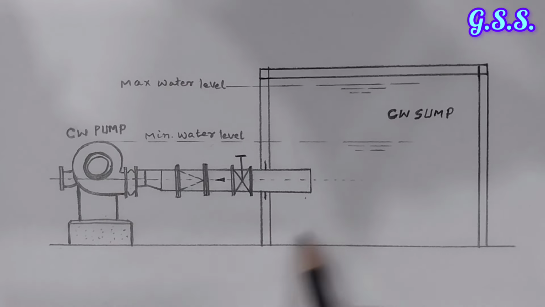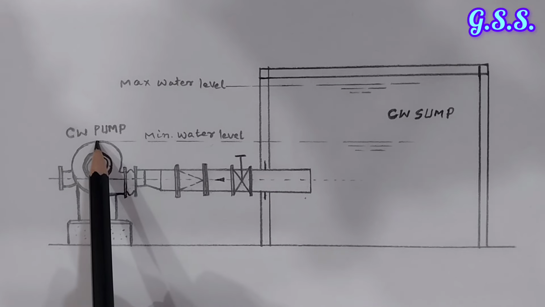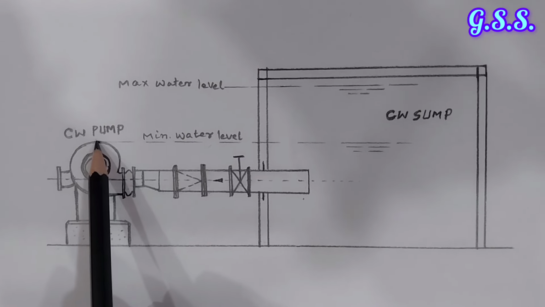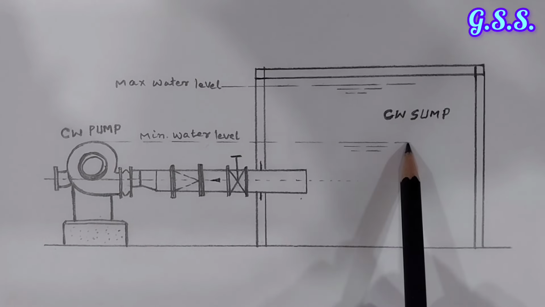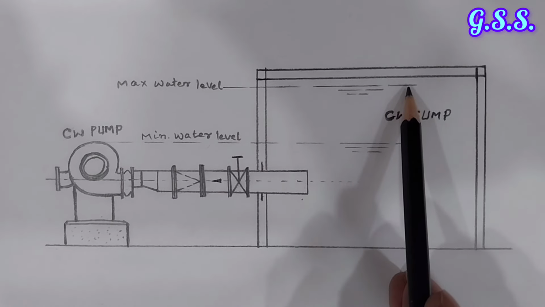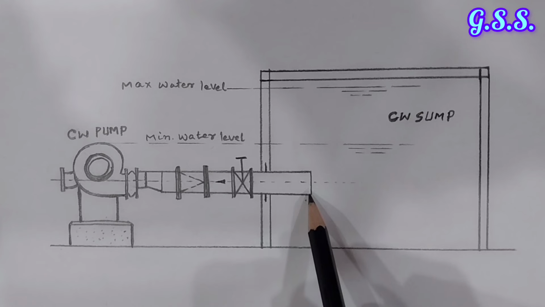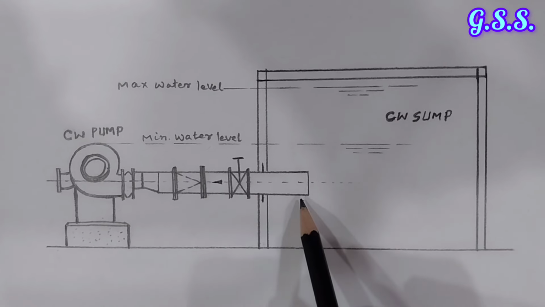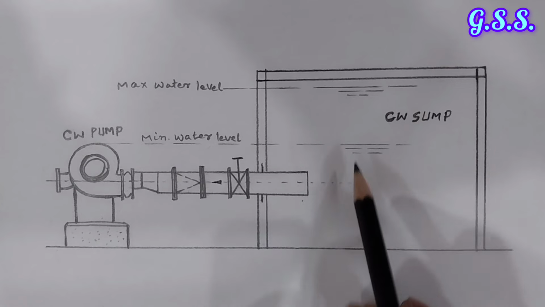In this condition, minimum water level is at top of pump casing level. For flooded suction, minimum water level is top of pump casing level. This is minimum water level, and this is maximum water level, that means overflow level. In this configuration, when the suction puddle is straight, then there is a chance that